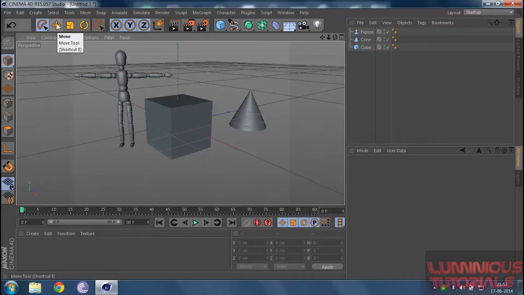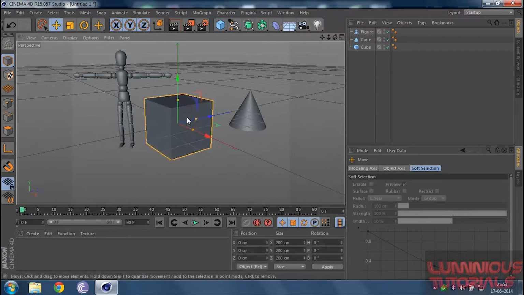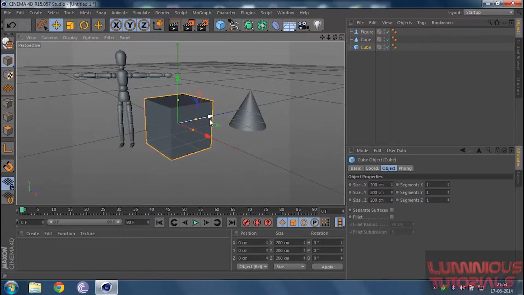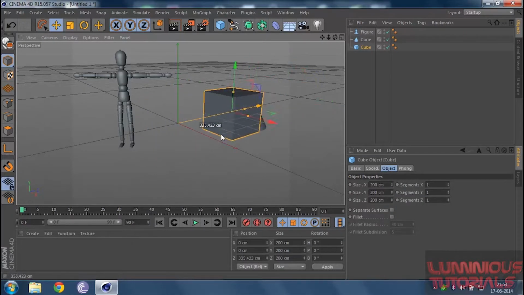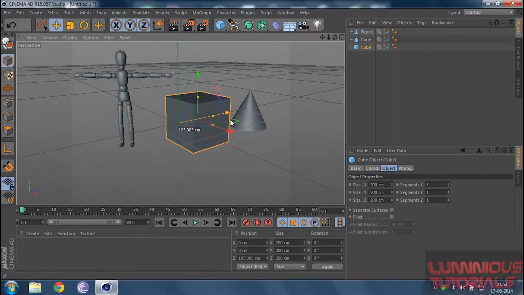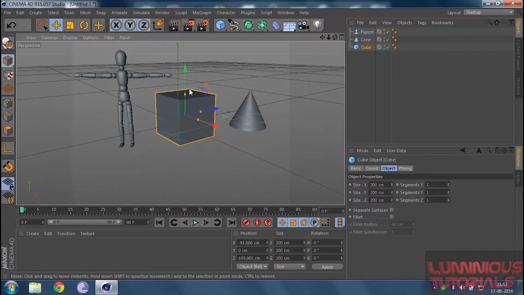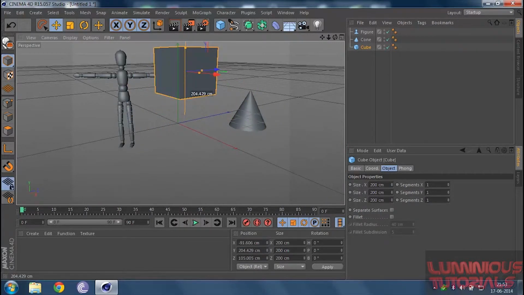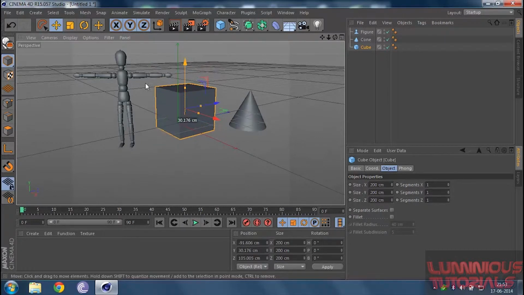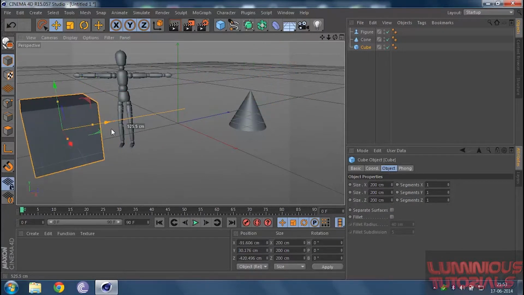And we've also got the move tool, or you could simply press E on your keyboard to get the move tool. So click on move, and then I select an object. You see, I could move my object along the z-axis, along the x-axis, and also along the y-axis. Now one more point to note is that if I click on my blue gizmo, it helps you to move only back and front.